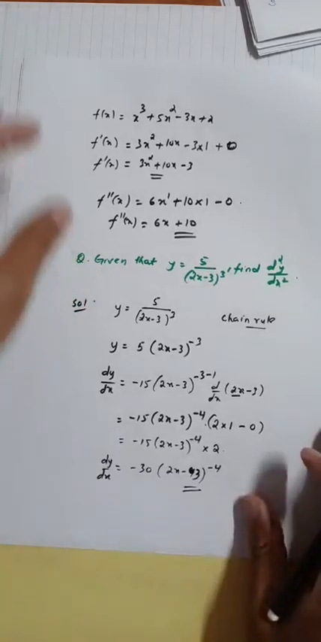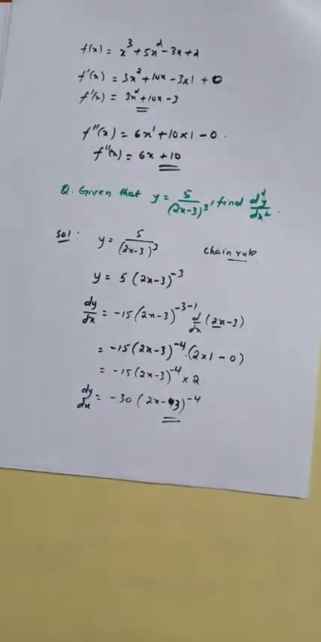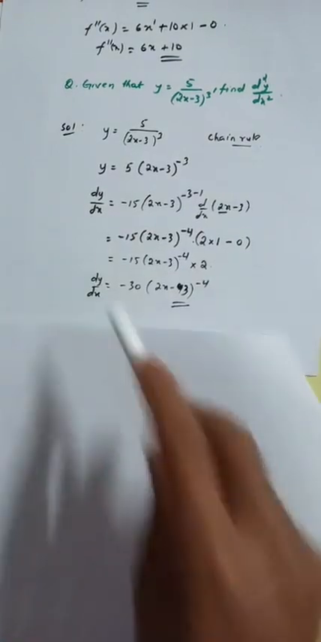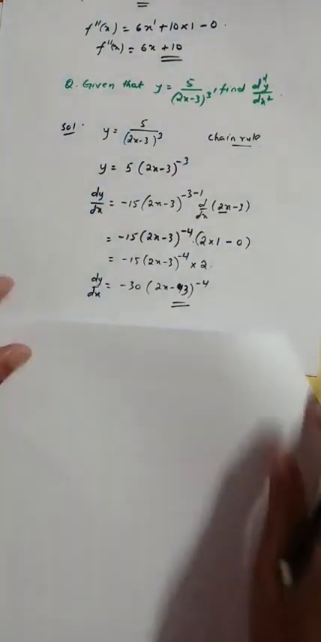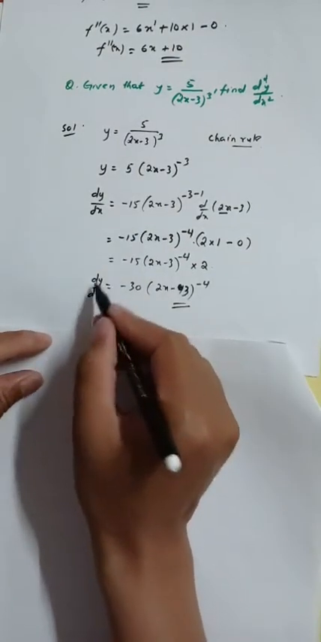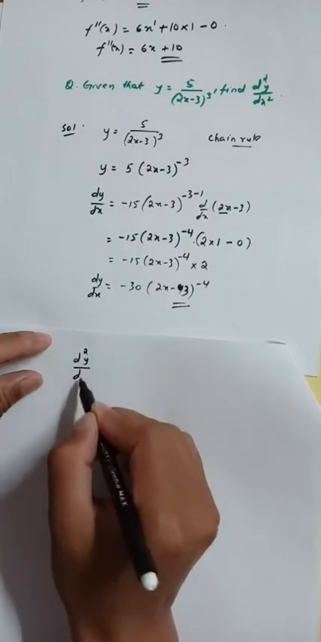Next we find the second derivative, and for that we apply the chain rule again. Okay, for the second derivative, so what will happen? We differentiate this dy over dx. When I differentiate this dy over dx, I'll get my second derivative, which is denoted by d2y by dx square